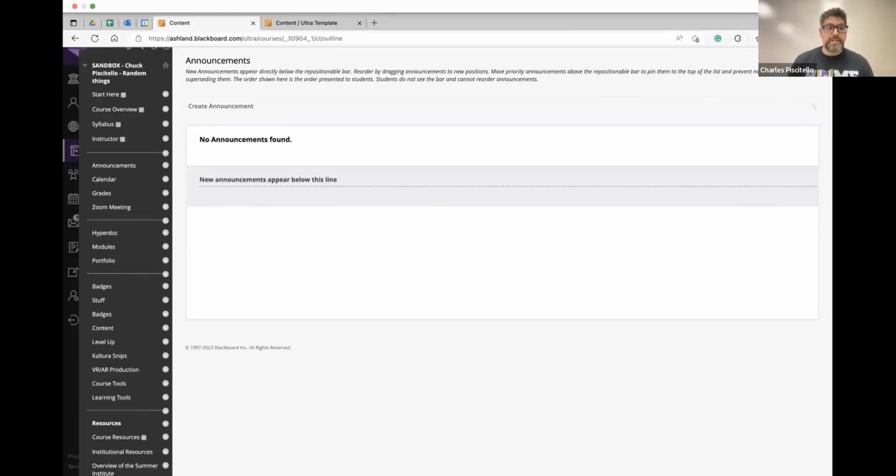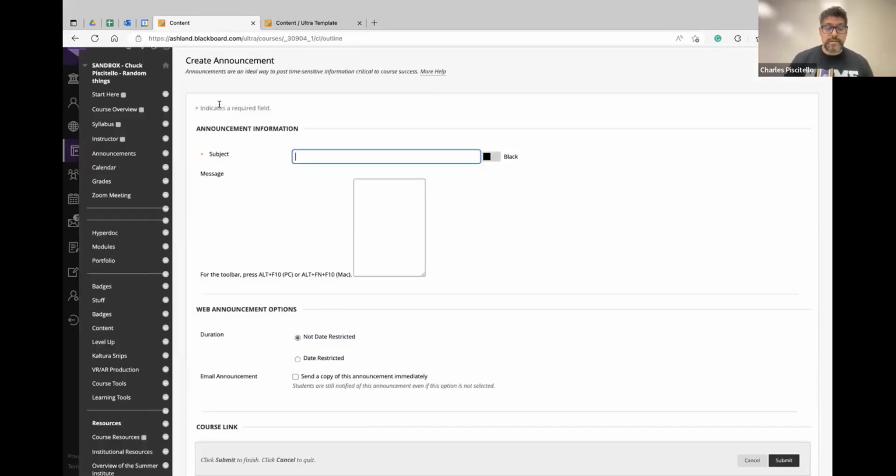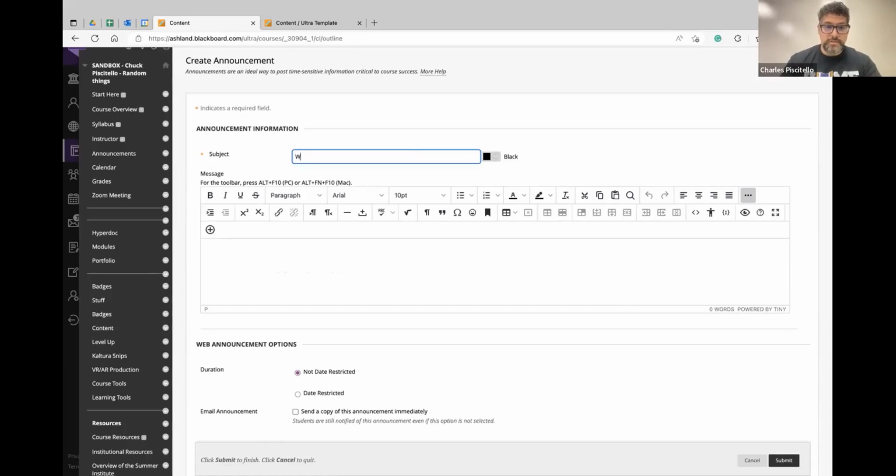So here's just a basic sandbox shell of traditional Blackboard or Blackboard Learn. One of the best methods to communicate with your students is through using the announcements page, which, if you don't touch anything in Blackboard, is your landing page. So that'll be the first thing in Blackboard Learn that your students see. And all you have to do is create an announcement, give it a title,